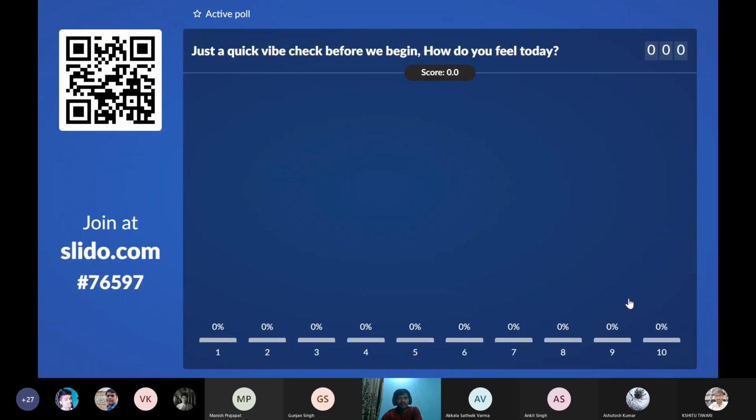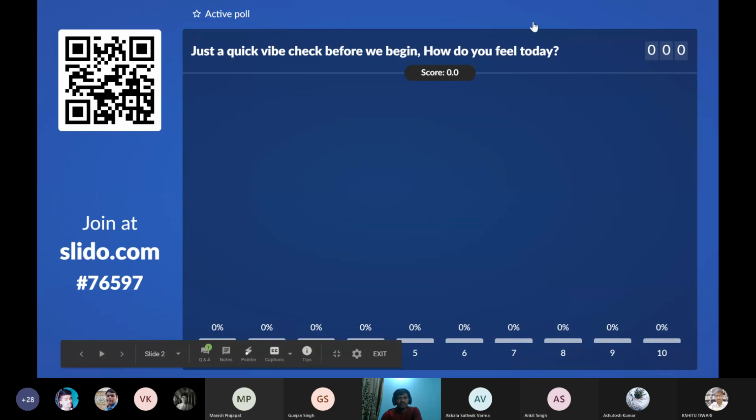Before we begin, let's just have a quick vibe check. How do you people feel today? Just as yesterday, you can scan the QR code and put your rating there.